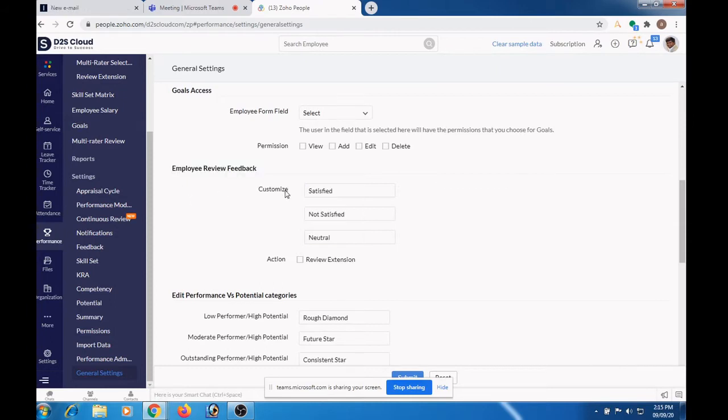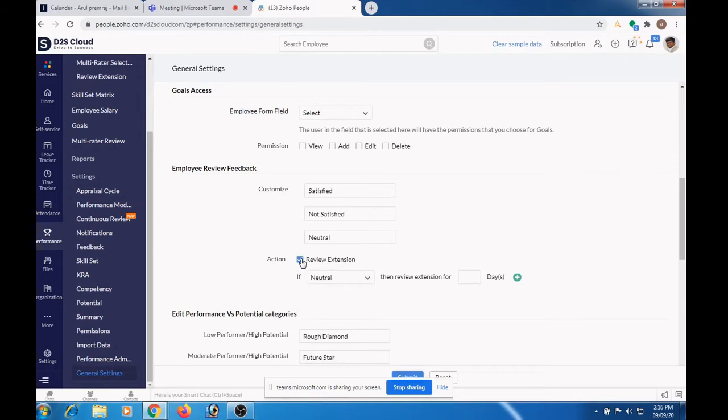In case an employee is not satisfied with his reviews, he can extend this review period. If this option is selected and you mention any regularization period here, then an employee can send for a regularization.